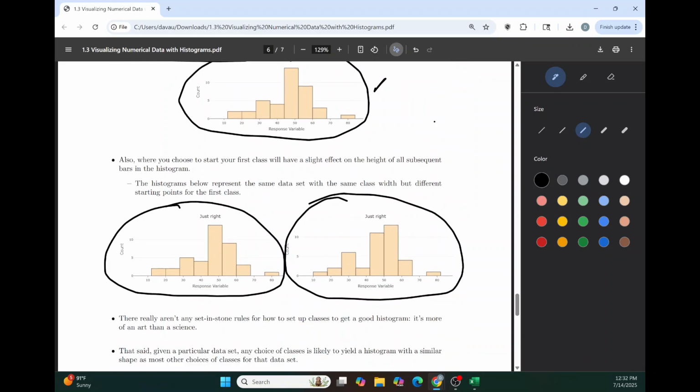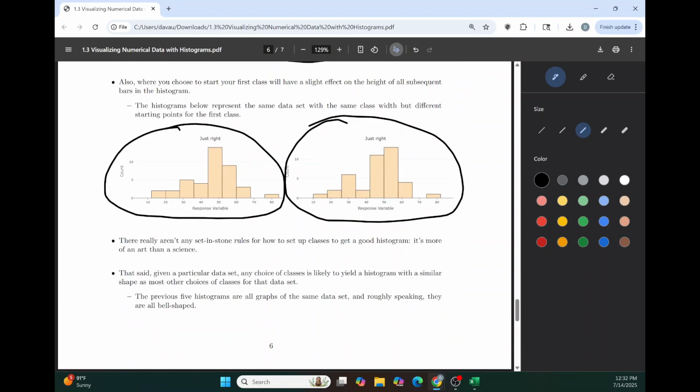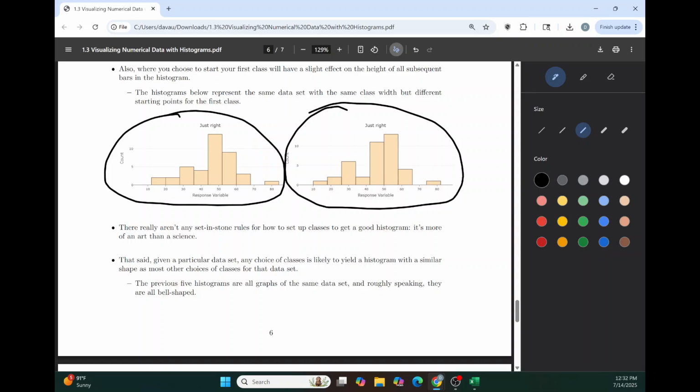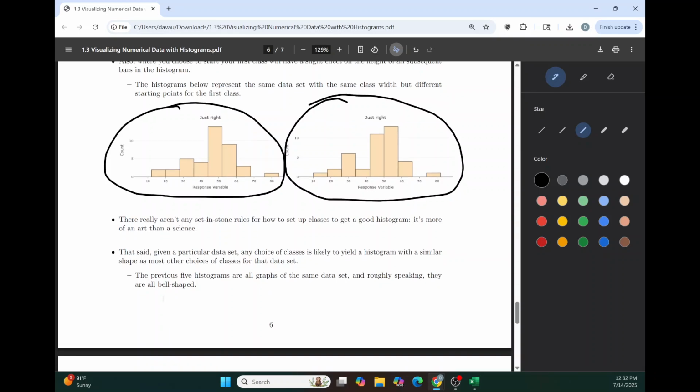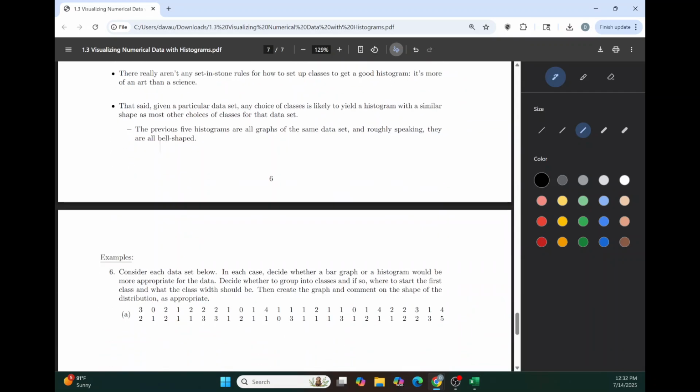I would call this a bell-shaped distribution. And that's what I mean when I say the shape of the histogram is inherent to the data that you are trying to visualize with the histogram. So they're all roughly bell-shaped. Okay,